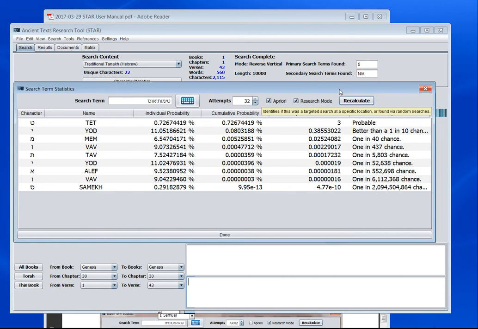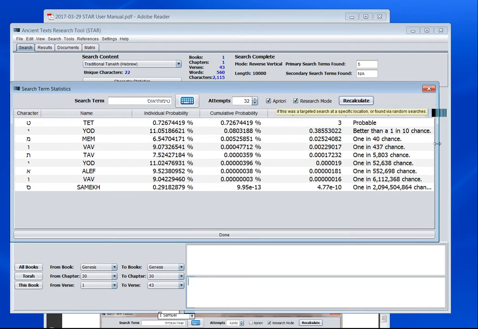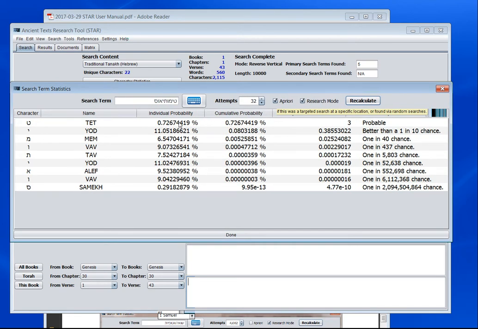That's explained a little bit better in the user manual. But the point is, you can see how the character statistics, the individual probabilities, build up into this 1 in 2 billion chance that this particular term would show up in any randomized text with the character distribution of those Hebrew characters. Okay, now I'm going to bring over our analysis